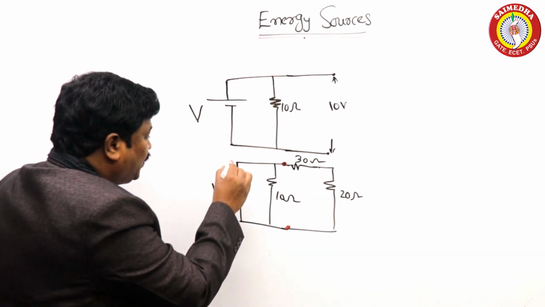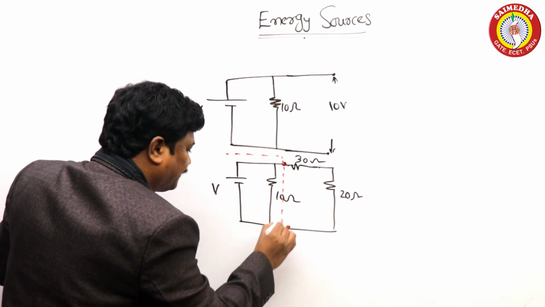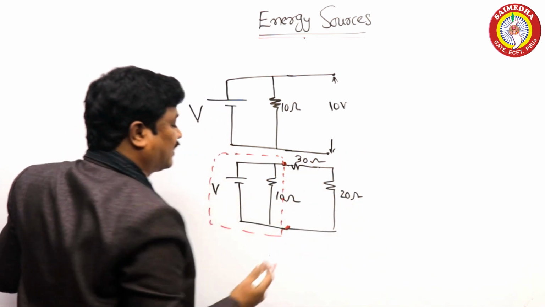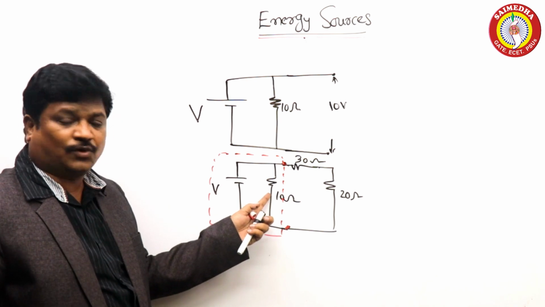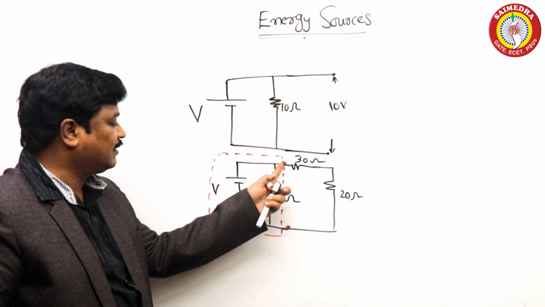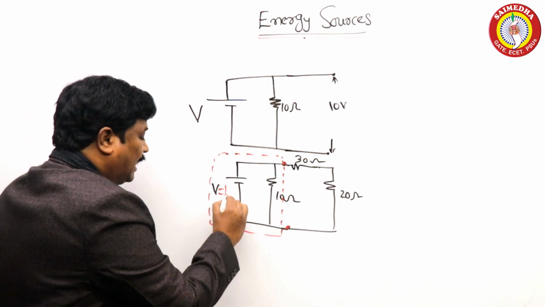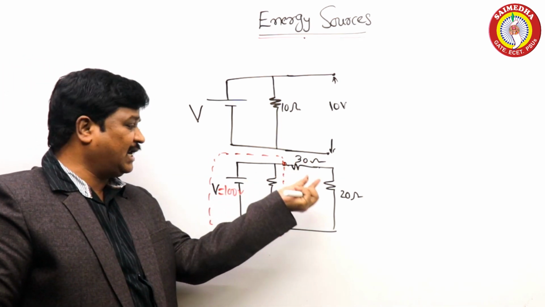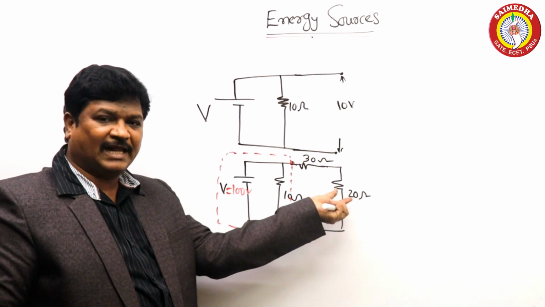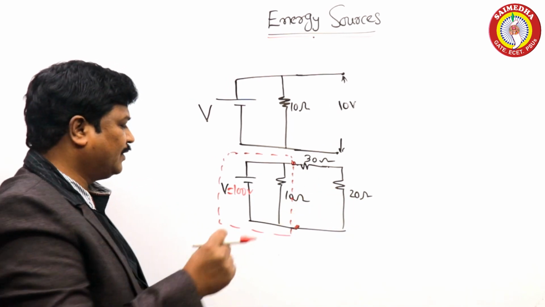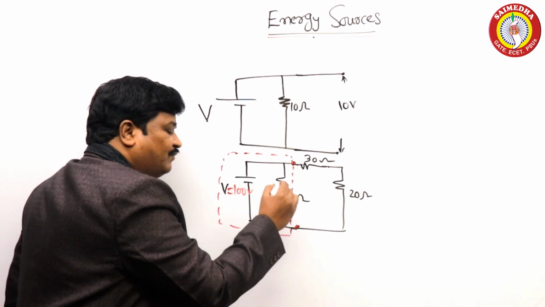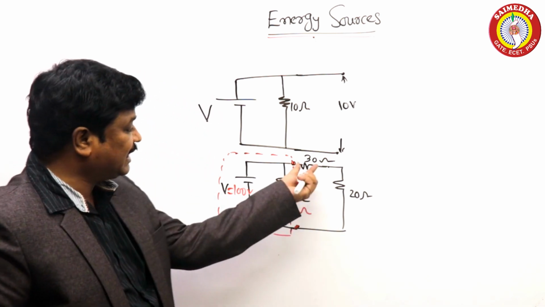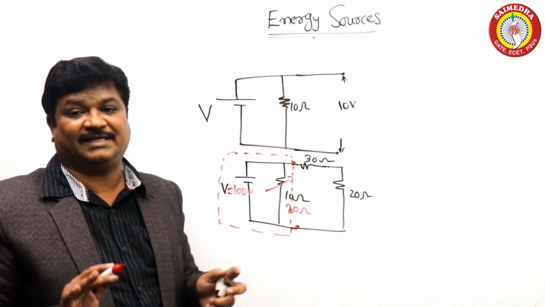Up to this one, you can take as one network. This is an additional network. You can remove this 10 ohms also. The voltage across this one is whatever voltage is given. For example, 100 volts are given here. 100 volts means what happened? 60 volts is here, 40 volts is here. How can I write that one? Kirchhoff's voltage law. Even if this 10 ohms increases to 20 ohms, what will happen to the voltage across this one and this one? It does not change.